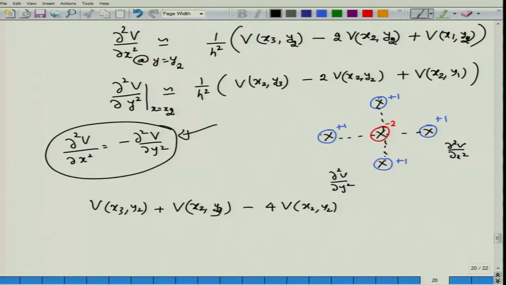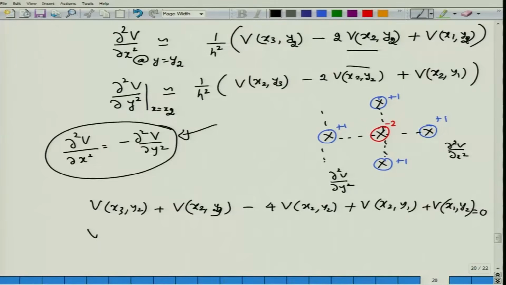I have done it over for this one where this would have been the y1 case, but I didn't do it, so I messed up the formula slightly. But at the center I am looking at y2. So now this fellow and this fellow will add up, and all the others are adding up in this way. But since there is a -2 and a -2, this becomes -4. Okay, then I have plus v of x2 comma y1, and you have plus v of x1 comma y2. This is equal to 0.